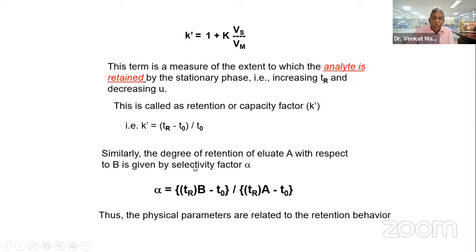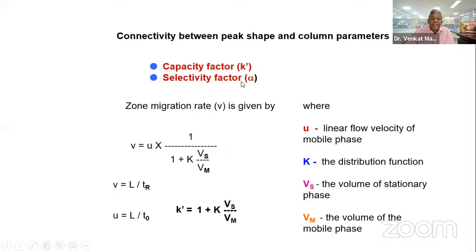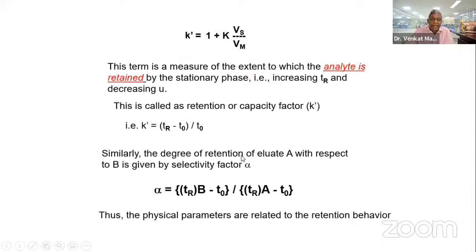Now, if I have got two components, one component is A, another component is B, then I introduce a term called selectivity factor alpha, where alpha is equal to the retention time of component B divided by the retention time of component A. Of course, the starting time you have to subtract. The retention time, the selectivity factor and capacity factor can be related to the actual physical happening inside the